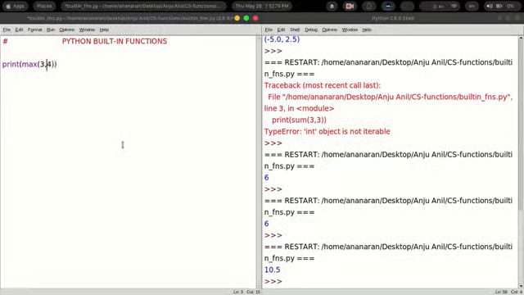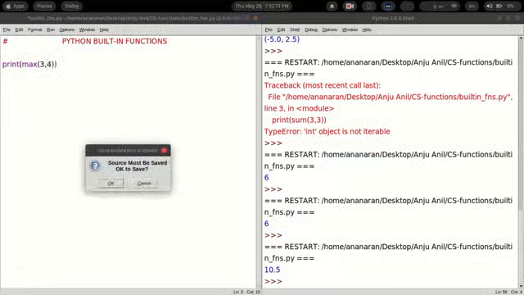That means if you give 3, 4, it will return the value 4. Now there is a twist in using this max function. Suppose I mention within square brackets 3, 4, and another one, 7.